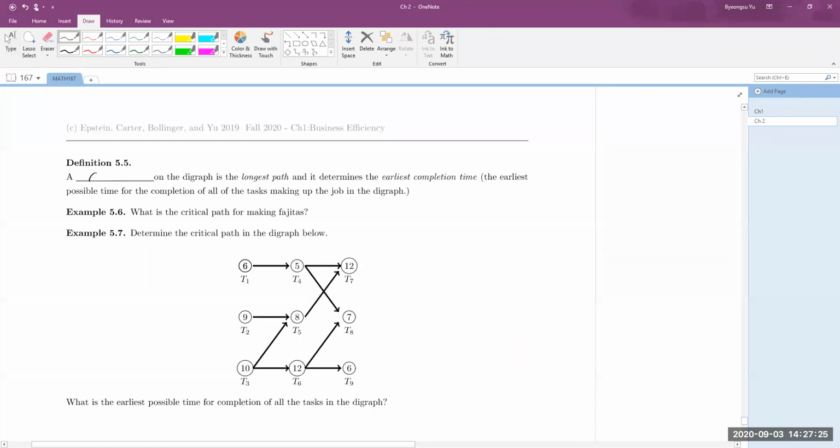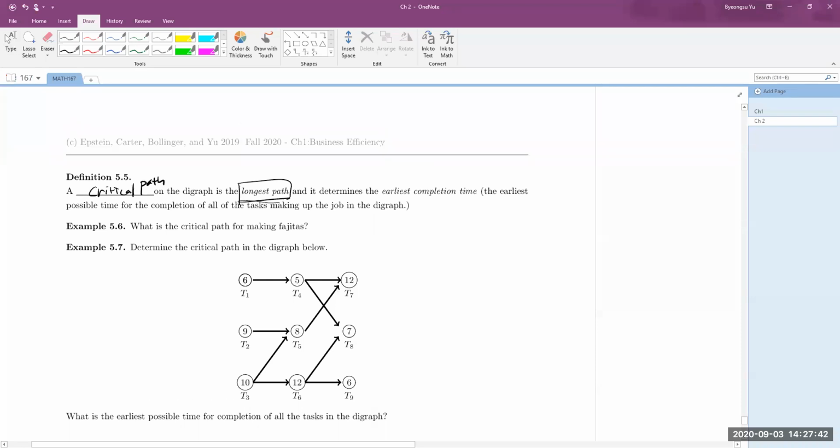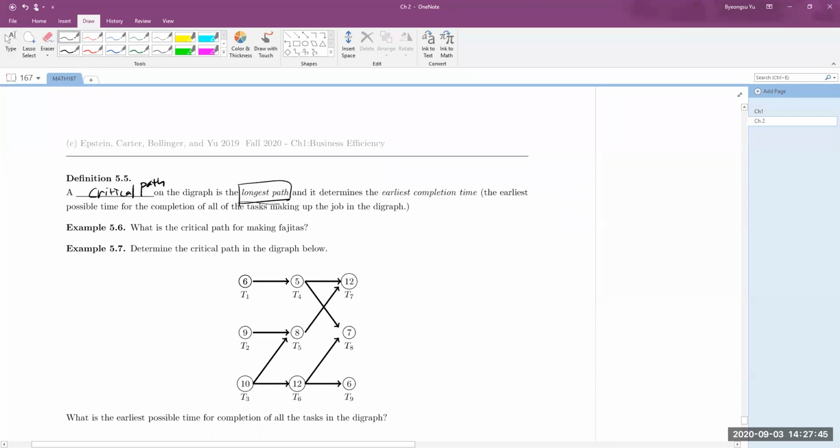So critical path on the diagram is the longest path in the diagram. It is nothing but a path in the diagram with the longest weights, right? And it determines the earliest completion time. The earliest completion time is the possible time for completion of all the tasks that make up the job in the diagram. So what I mean is that,